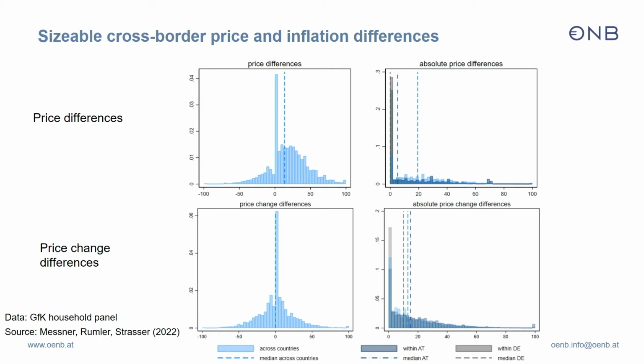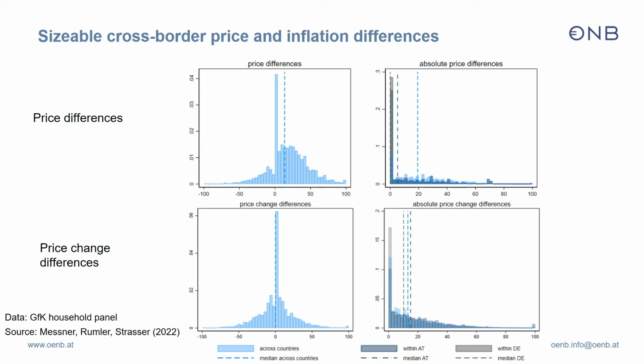Another question that we're asking ourselves in a different project is a very Austrian question, by the way: are prices on the Austrian side of the Austrian-Bavarian border higher in Austria or in Germany? This is a legacy, many Upper Austrians and Salzburg people go shopping on the other side, and is this actually justified by price discrimination? So here we are comparing prices of exactly the same product across the borders in a 50-kilometer strip across the border.